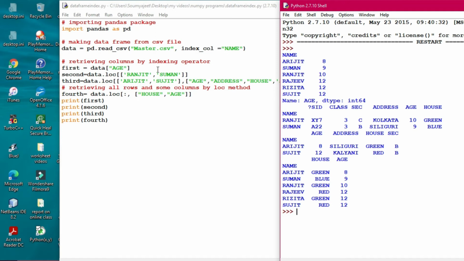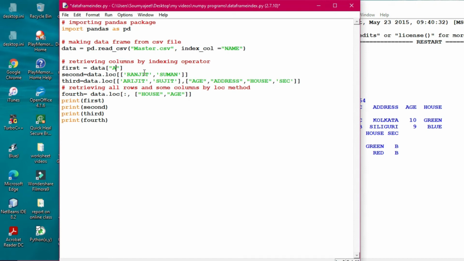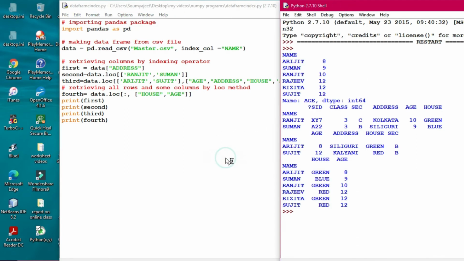Suppose in that particular question they want to see only the address, so name and address. The index column will be name, and first equals data. You can take any other variable instead of first; I have taken it just to make you understand. Then you write address over here, and only the addresses will be printed, like I'm doing out here. Remember, whatever case is given in the CSV file format, you have to follow. Let us see this program's output once more so you can judge it in a better way.